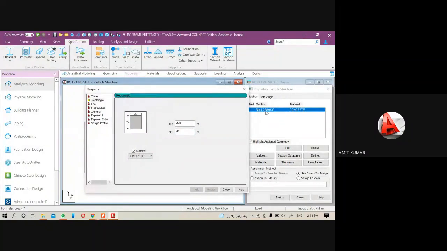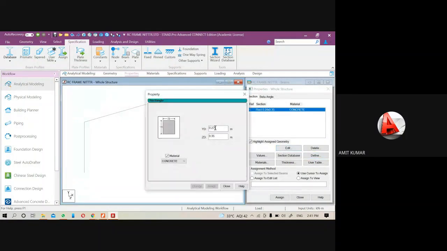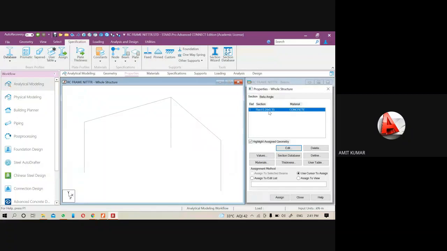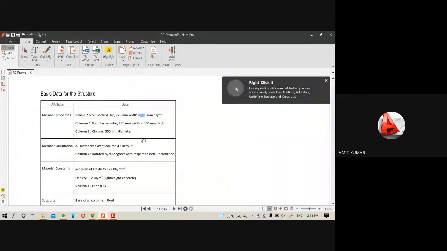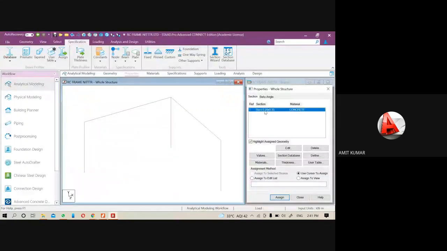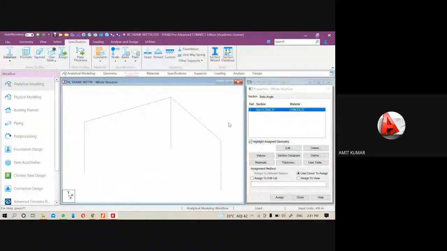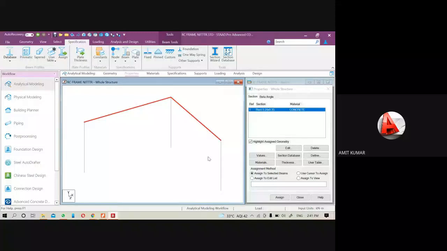So you can see it is written as 0.28 by the round off value, but when you edit it, you can see it is 0.275. Because here it will show the value up to 2 decimal points. That's why it is shown here as 0.28, but it is 0.275. Now next thing is, let me add this property, because whenever I apply the properties, most of the time the software will crash, so that's why I will assign it. So it will be for beam number 2, and here beam number 4.